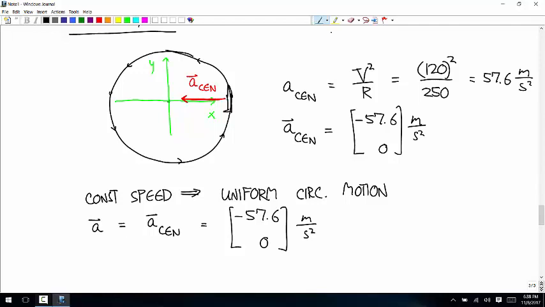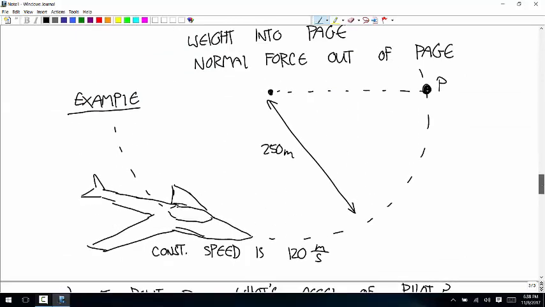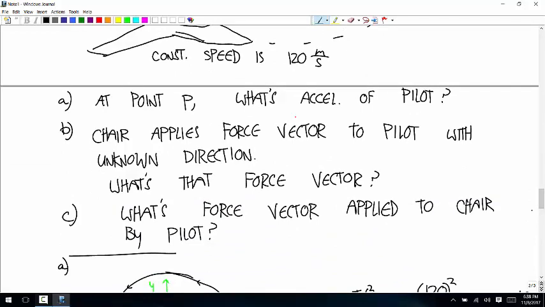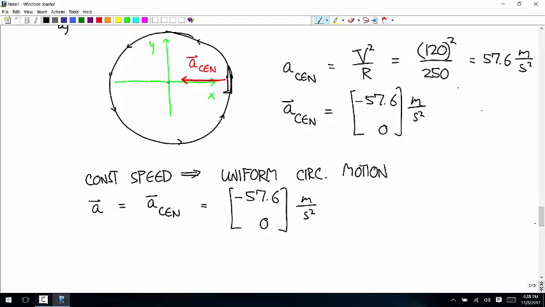Okay, so this is part A. So now we know the acceleration of the pilot. Oh, and I didn't give the pilot's mass. Pretend I did. Okay, what's the force vector? Let's say the pilot has a mass of 100 kilograms. That just makes it nice and easy. Okay, so if we want to calculate the force applied to the pilot by the chair,